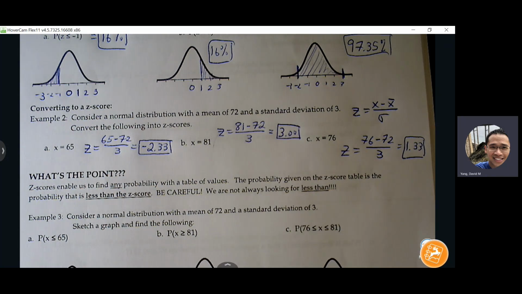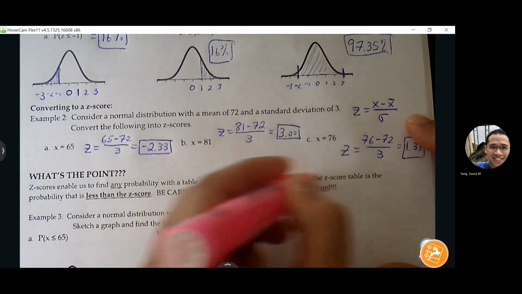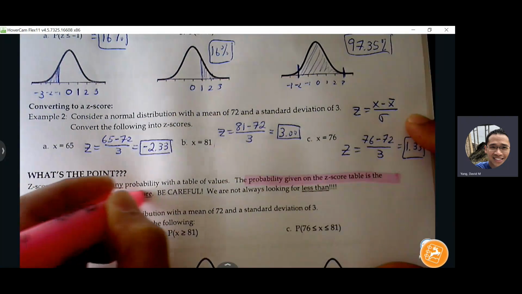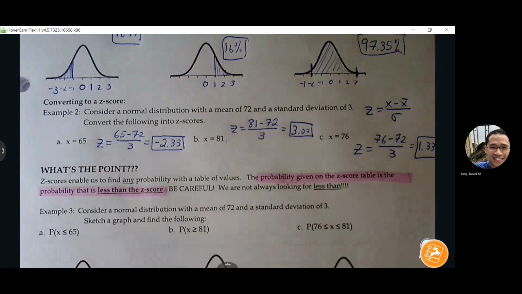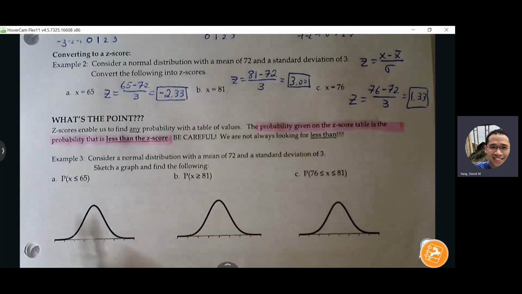And if we want to find out anything other than that, we have to involve 100%, or we have to basically make some adjustments. So the table is only going to give you what is less than the z-score. Okay. So be careful, because we're not always looking for less than. Right? We'll start off with less than, and then we have to make some adjustments for ones that are not less than. Okay, so for part A here,